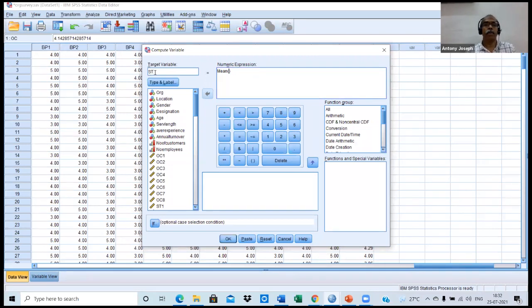The target variable is ST. There were 11 items and all 11 items were selected while assessing the reliability. So don't worry. ST1, comma, ST2. In between variables, you put a comma.